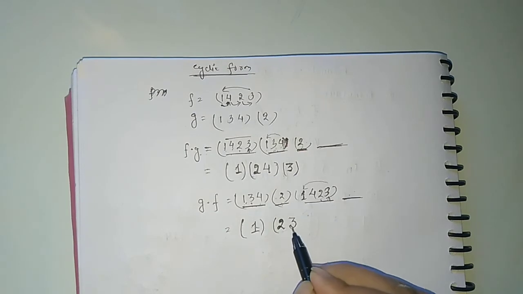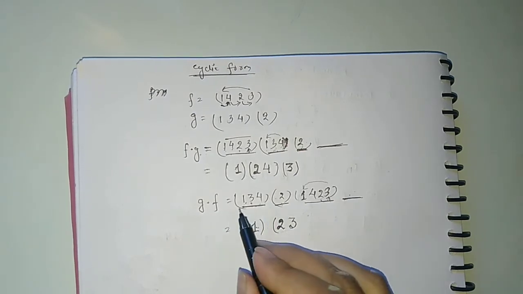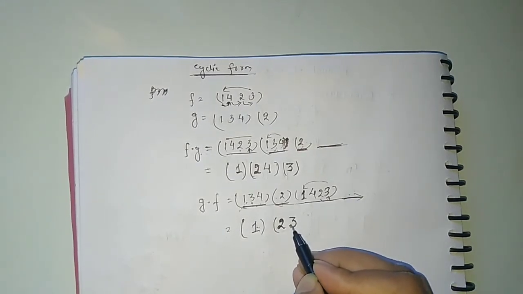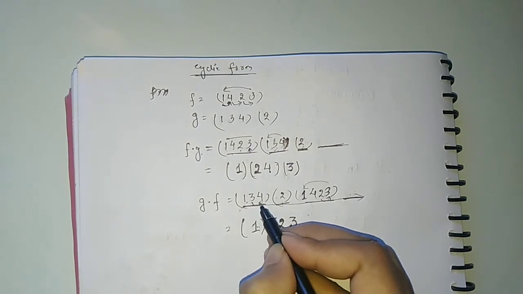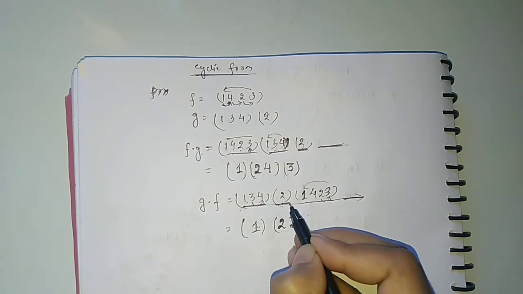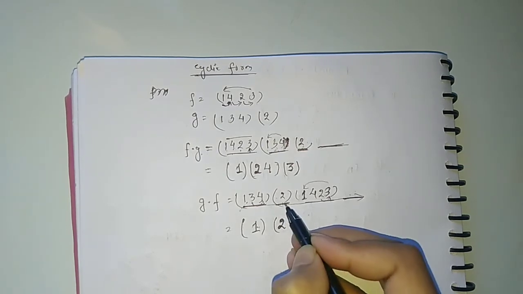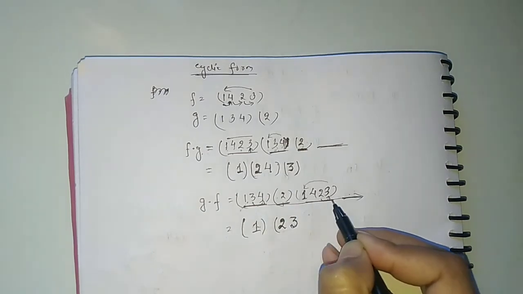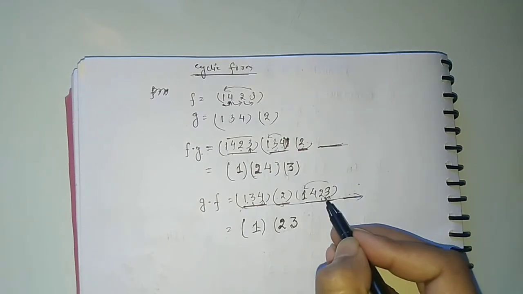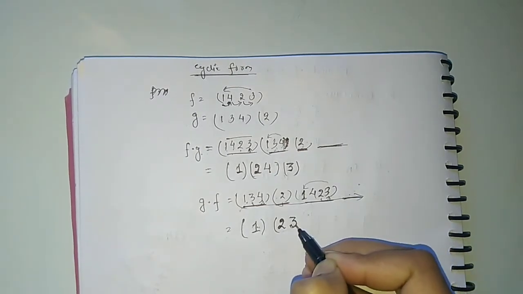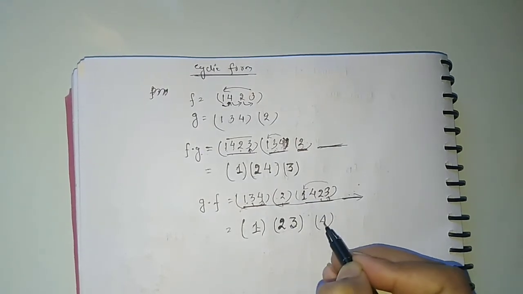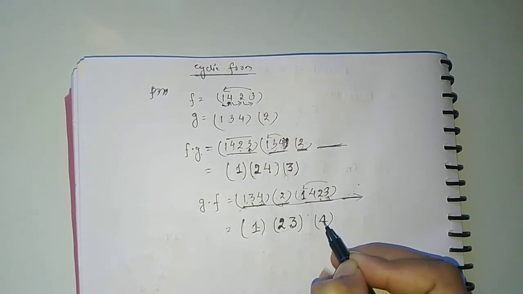Now find the image of 3 again from the first cycle in this direction. Image of 3 in the first cycle is 4. Now taking this image 4, go to the next cycle. There is no 4, so image of 4 is 4. Now taking the image 4, go to the next cycle. Here image of 4 is 2, and there is no cycle here, so write the last image 2 here, but 2 is already here, so close it.